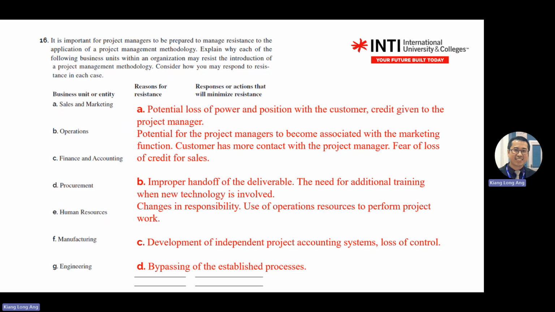See, finance and accounting, why do they resist you? Because they might also lose control. Because finance needs to look after the cash flow. So if you do not communicate well, this is their fear, right? Because one chop or one signature from you, you can release money already. So they are quite scared. Procurement is the department that buys things, raw materials. So sometimes they are scared if you bypass them to sign a certain PO without going through procurement.